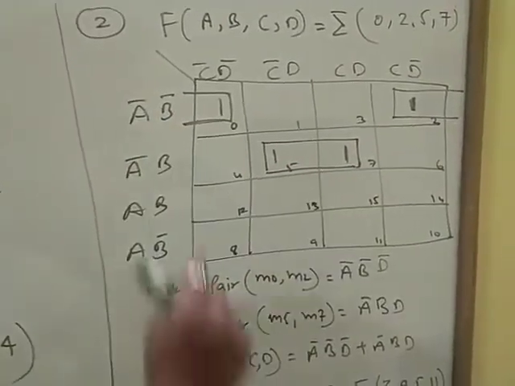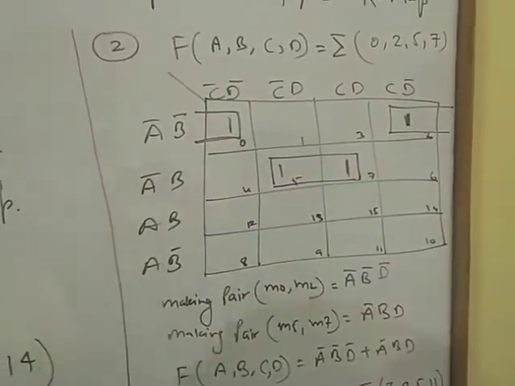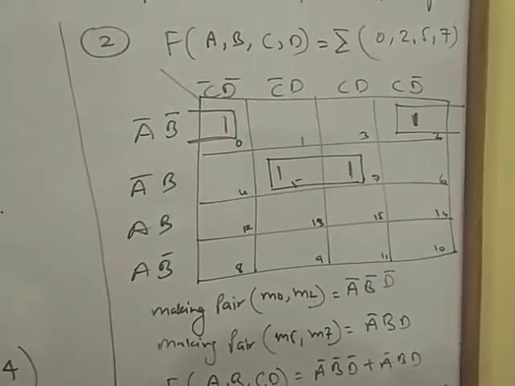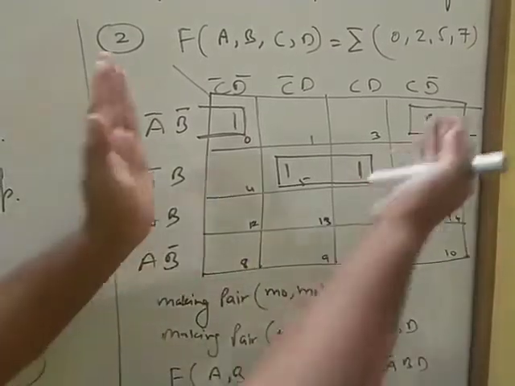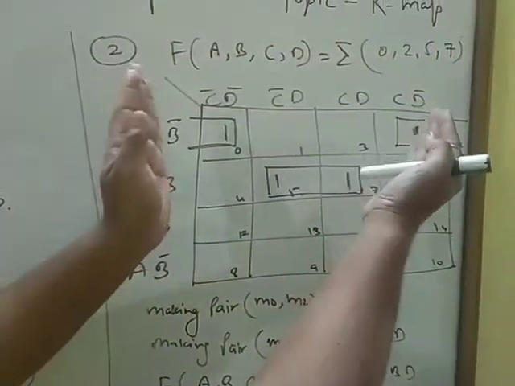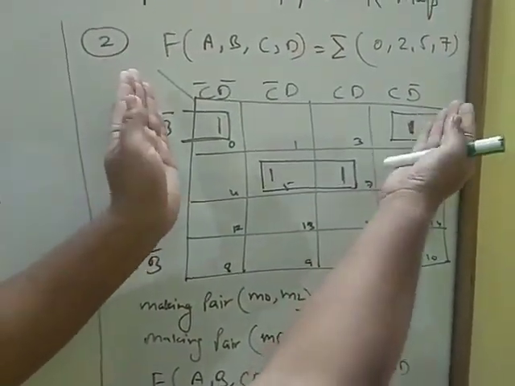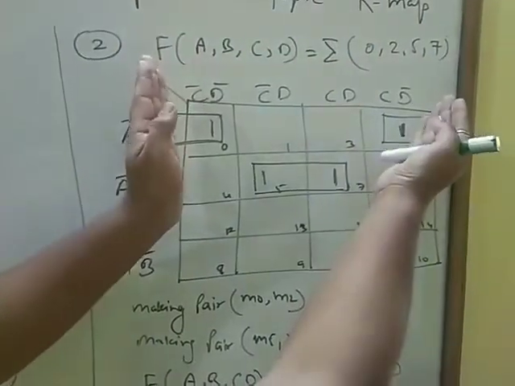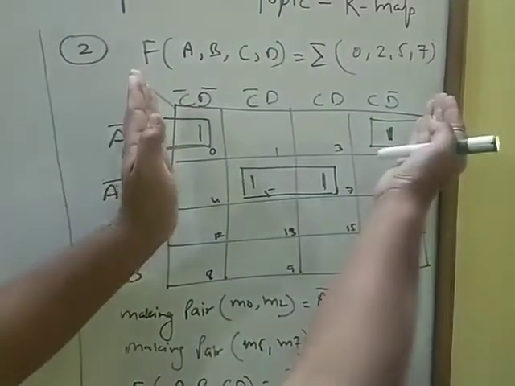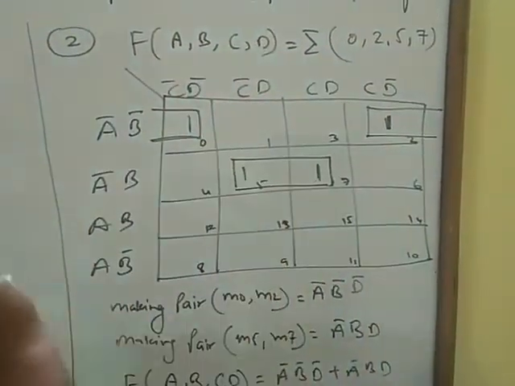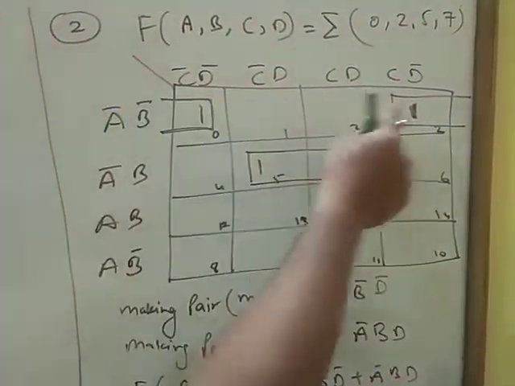But in the case of 0 and 2, these are not together. But we can make the pair using folding. We will fold them like this. Just as we have a page, a square page, if we join two corners of that page, this corner and this corner will connect. As they connect, a pair is formed. So this is called the folding method.